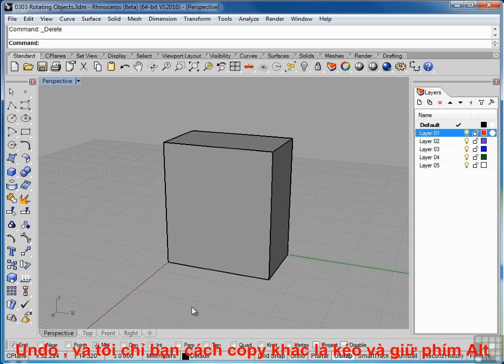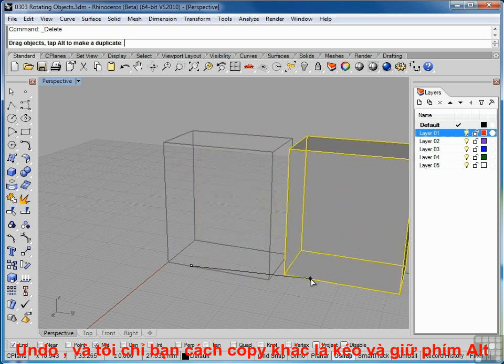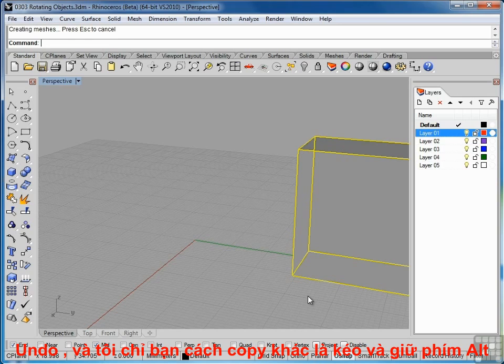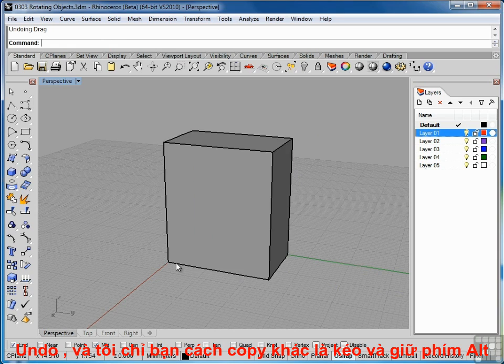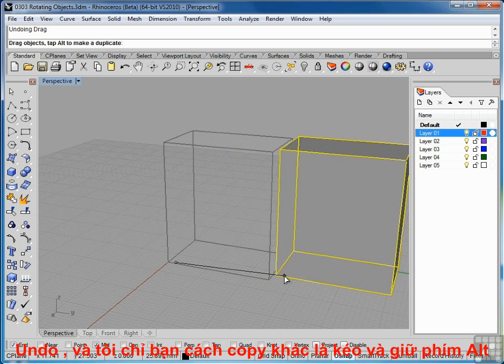Now the second way to copy has changed a little bit in Rhino 5. In Rhino 4, if I wanted to drag and copy a part, I would drag it and hold down the Alt key and then let go of the mouse when I had the piece move to where I would like it to go. This no longer works. Let me undo that. In Rhino 5, I drag the part, and as I'm dragging it, I just tap the